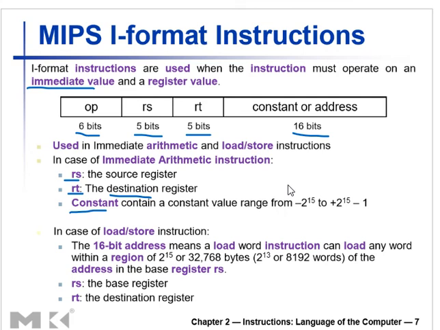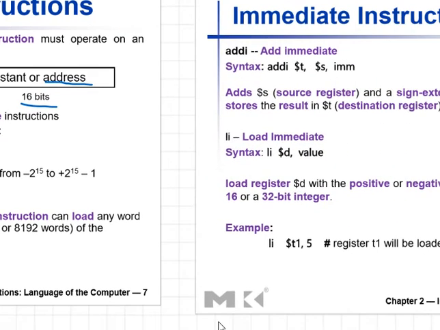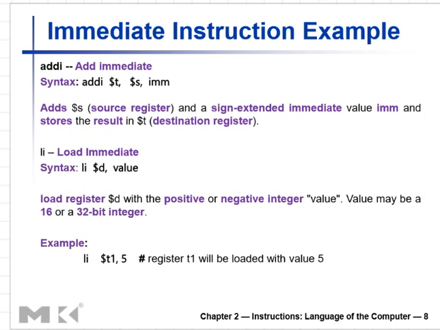Okay then. So here in the 16-bit I am using in the load store instruction, there is some address coming. In load and store, in a load word and store word, we will be using address. Is it? So we use address in the load store, and we use add immediate. In add immediate instruction we use constant. Okay then. So let's look into a few example. Let's see example.